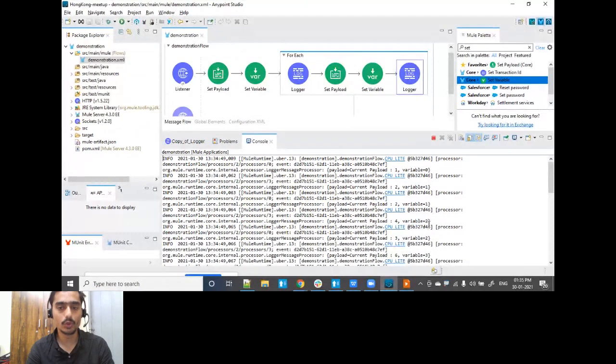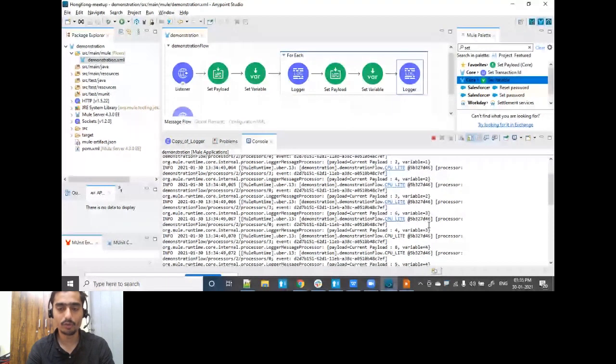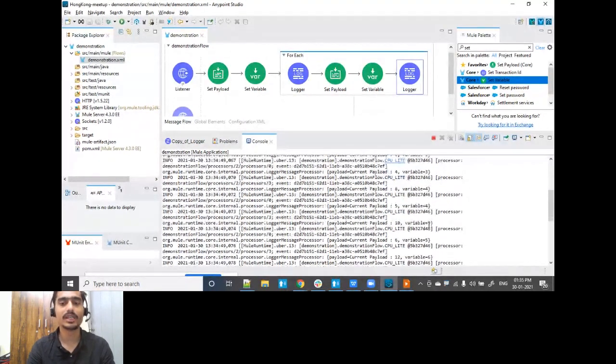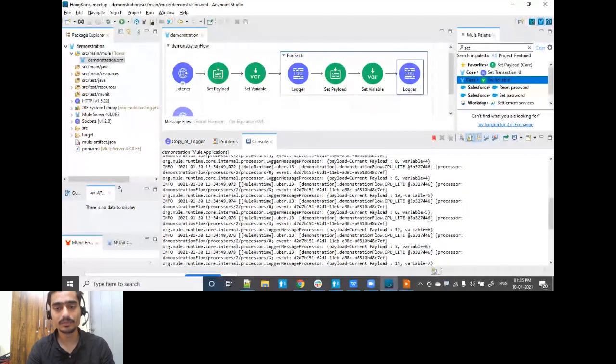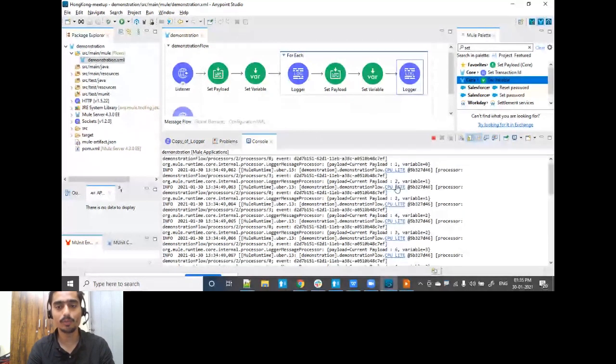Next time from 1 to 2, then 2 to 3, 3 to 4. Variable value is getting incremented by 1. At the same time, whatever payload you have, it is getting twice the value that it holds. So 1 is changed to 2, 2 is changed to 4, 3 is changed to 6, and that's how it keeps on modifying.